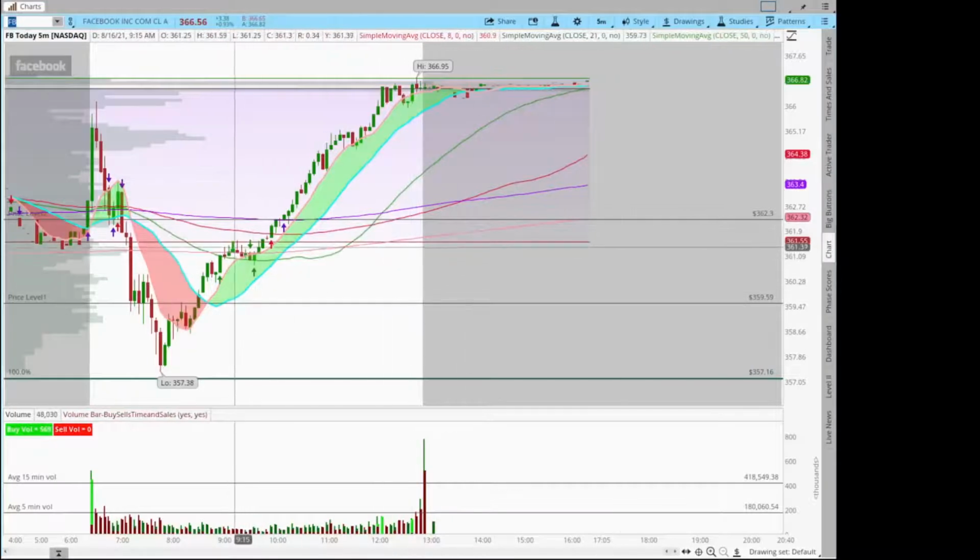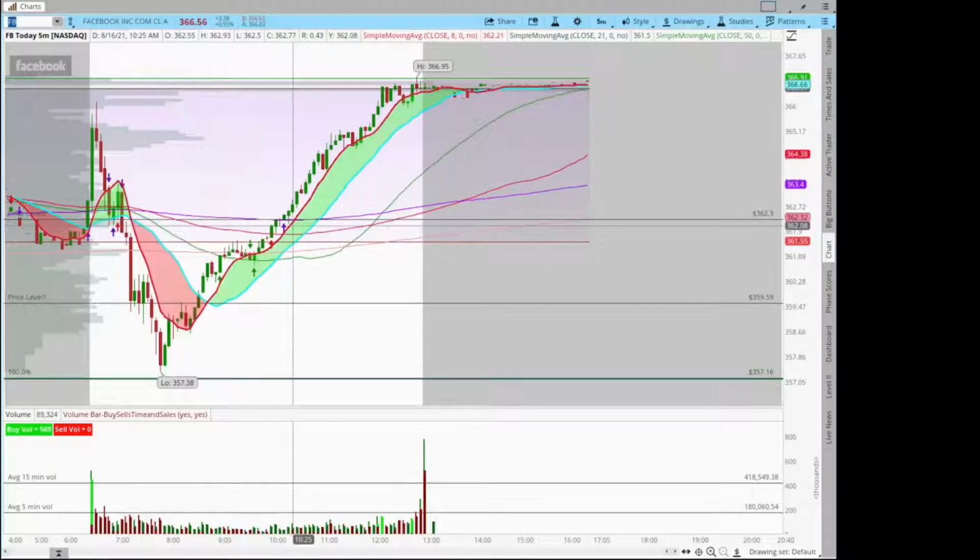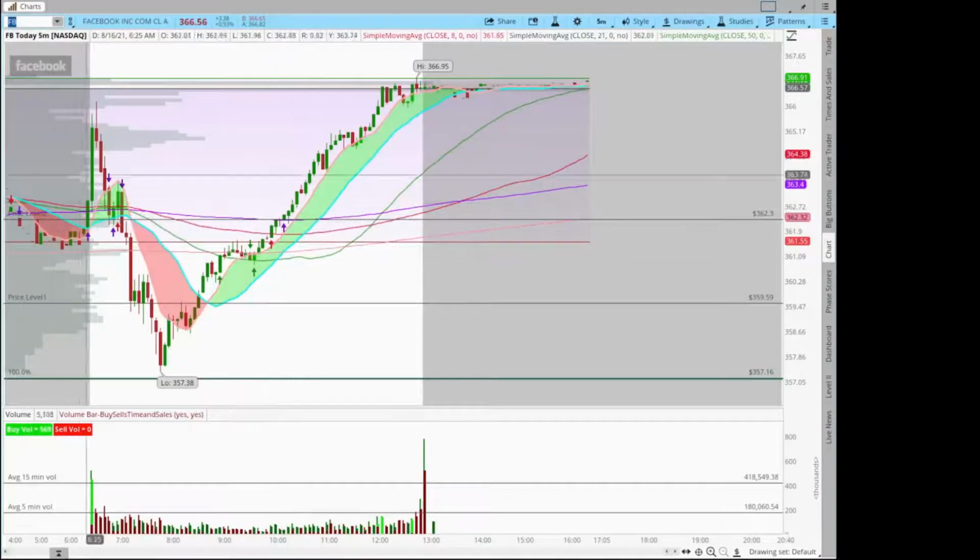But what you're looking for is this consolidation along all three of these moving averages, where you get the up and the down, and sometimes it's a lot less violent. Ideally, you'd like to get some consolidation in the first 15, 20 minutes before it breaks out. But oftentimes with opening volume, you get this big shoot through, and then this big rejection, and then some consolidation, and then you get the run once you get over that top moving